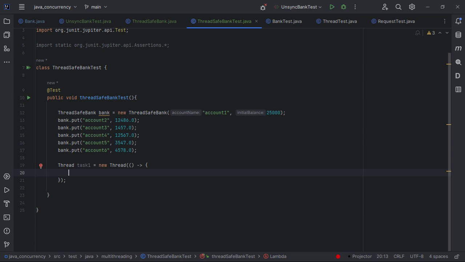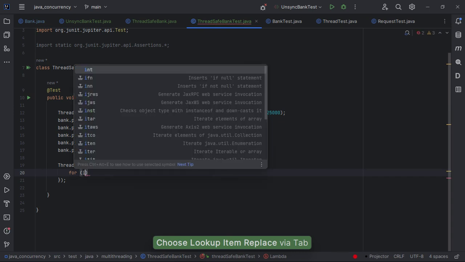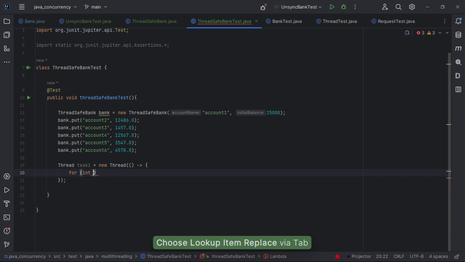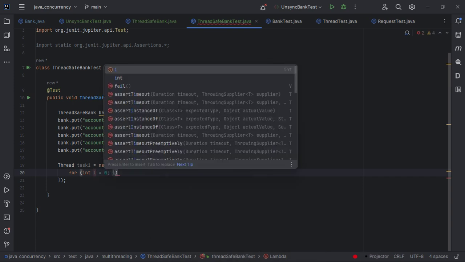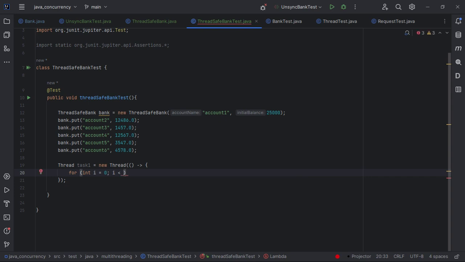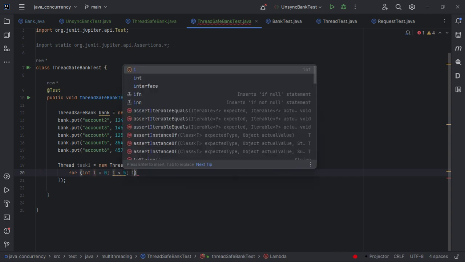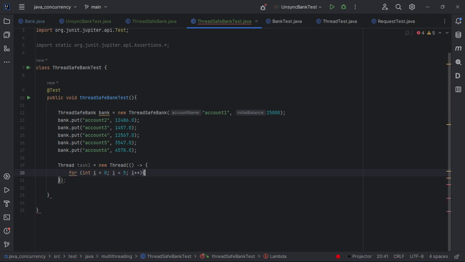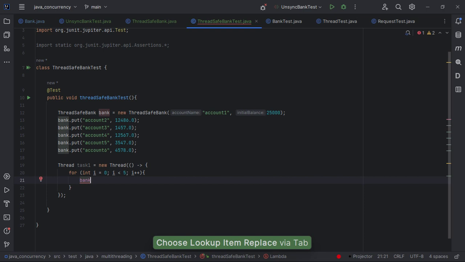So we can use the for loop: for int i equals 0, i should be less than 5, then i plus plus. Good. So inside here we perform the transfer, so we can do bank.transfer from, let's